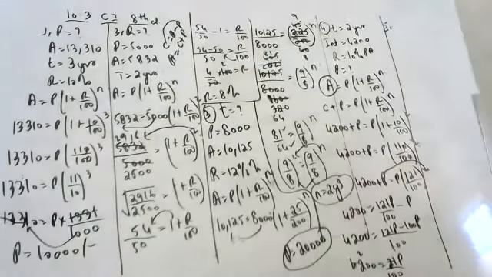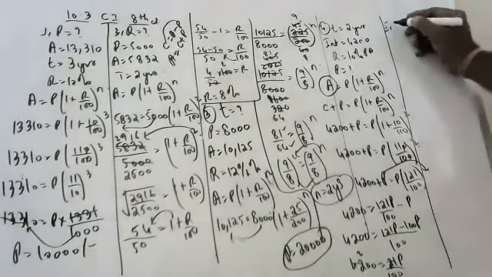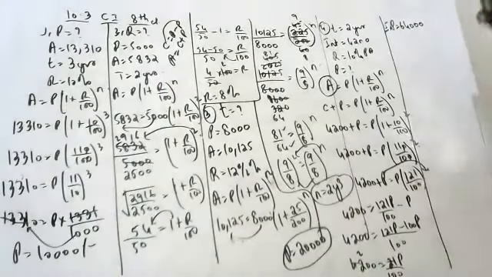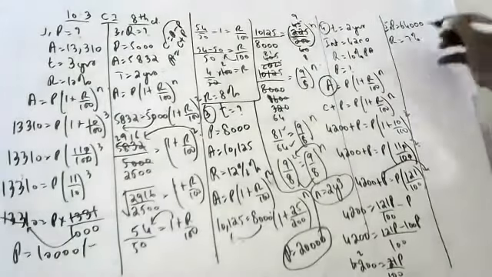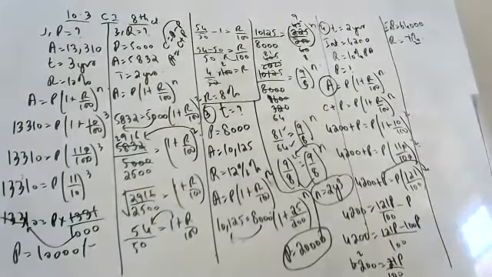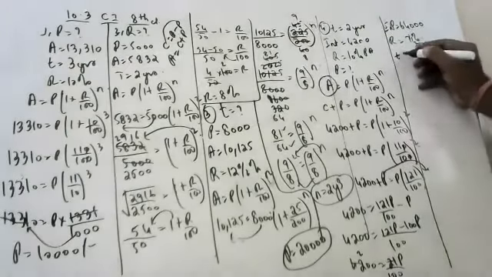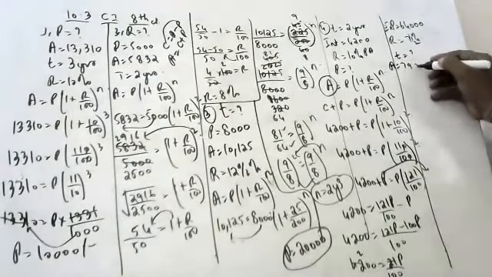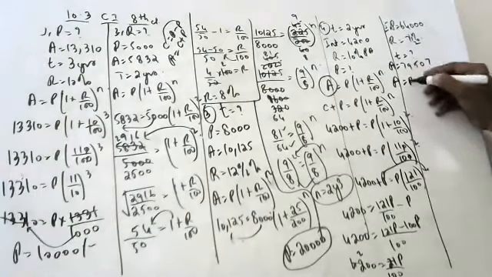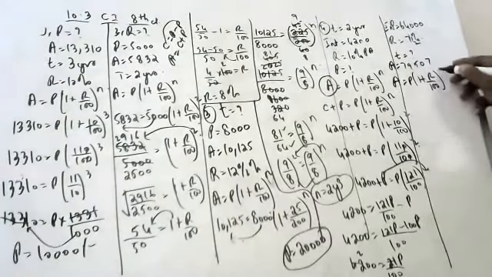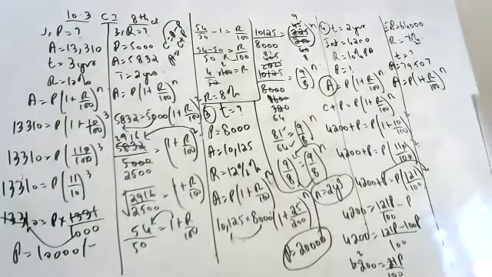Milind deposited 64,000 in a savings scheme, which fetches him interest at the rate of 7.5%, compounded annually. After how many years will the sum become 79,507? Amount is equal to P into (1 plus R by 100) whole to the power of n. 79,507 is equal to...